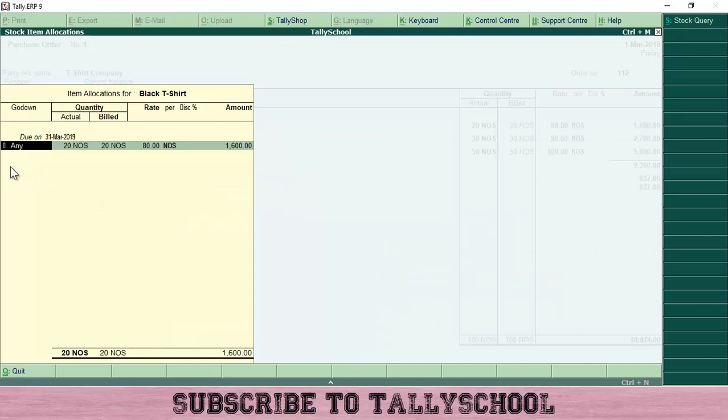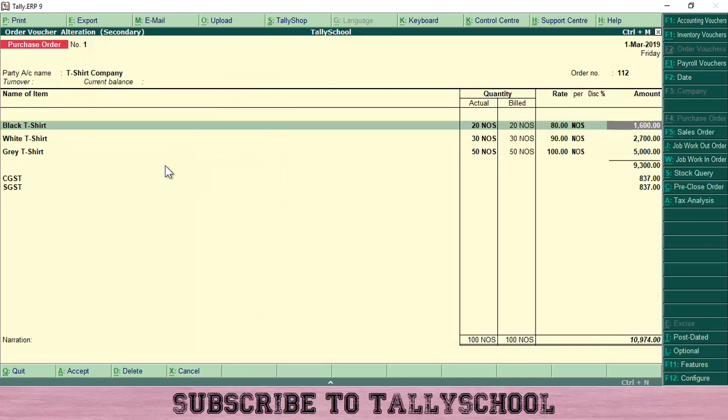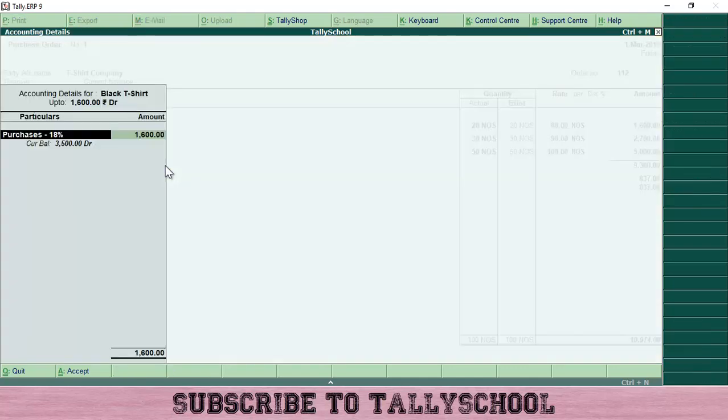Now go down, and quantity is 20, actual and billed as well, and rate is 80 rupees. Total amount 1600. Press enter, and in the similar exact way, now when you press enter once again, you will